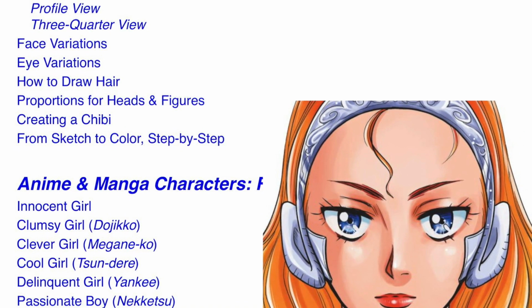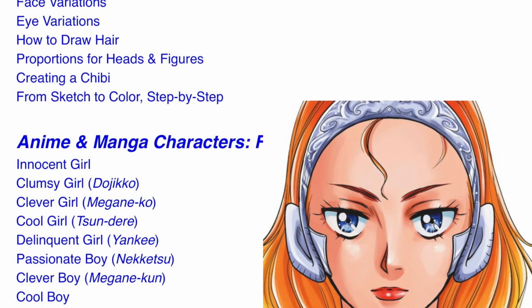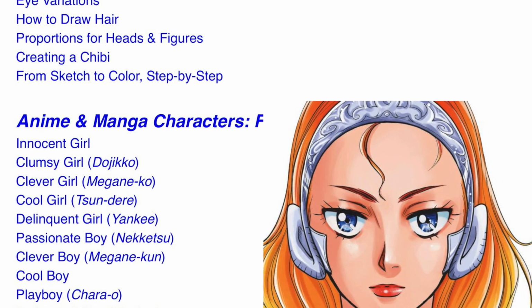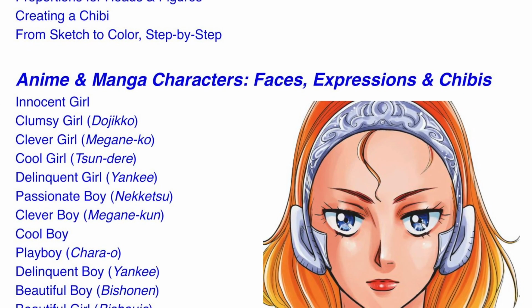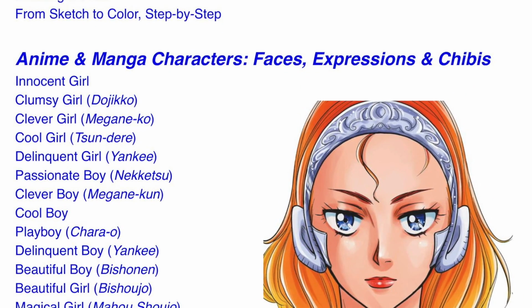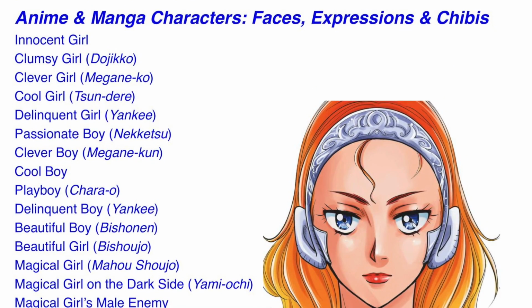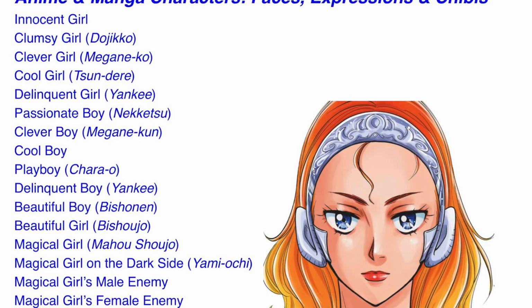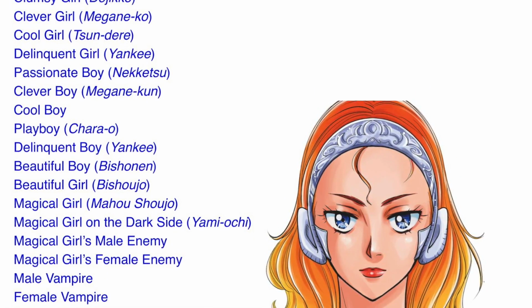Innocent Girl, Clumsy Girl, Dejiko, Clever Girl, Megenkeo, Cool Girl, Tsundere, Delinquent Girl, Yankee, Passionate Boy, Neketsu, Clever Boy, Megenkuen, Cool Boy, Playboy, Charo, Delinquent Boy, Yankee, Beautiful Boy, Bishinin, Beautiful Girl, Bishujo, Magical Girl, Mahou Shoujo, Magical Girl on